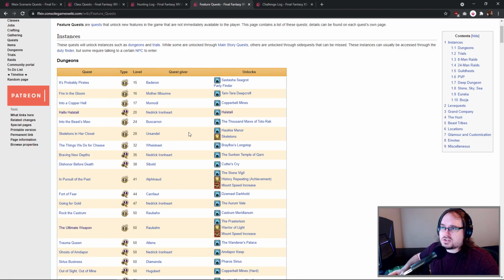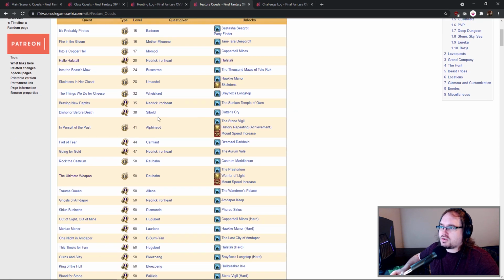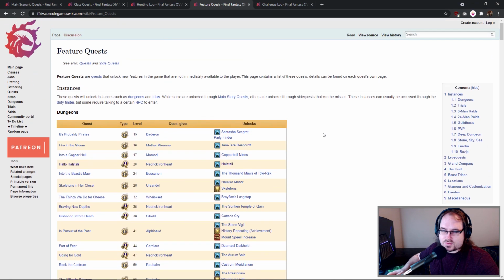Now, I would encourage you to pull up this page here. This is the Final Fantasy XIV console games wiki. You can just type in FF14 feature quests, and this will be one of the top results for you. But this will show you what each feature quest is, where the quest giver is located, and what it gives you. Not all feature quests are created equal, but a lot of them will give you access to additional content that you can play or make use of